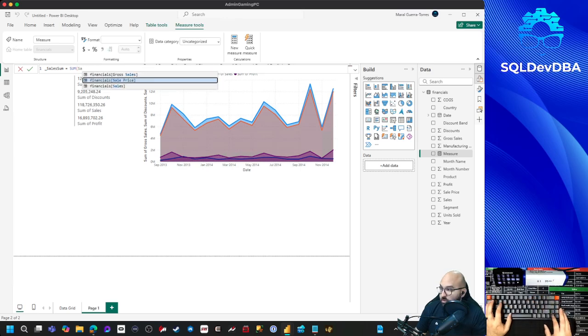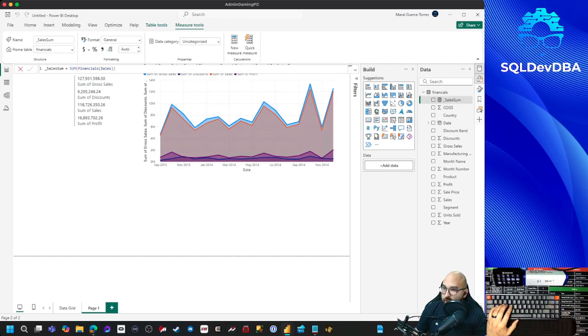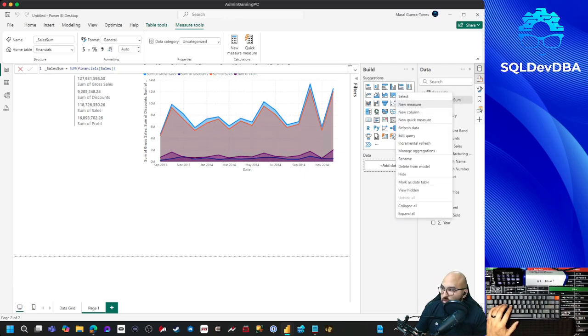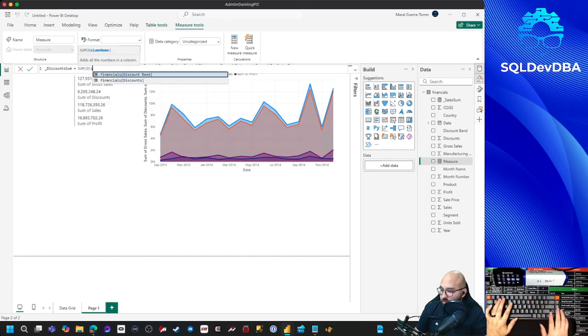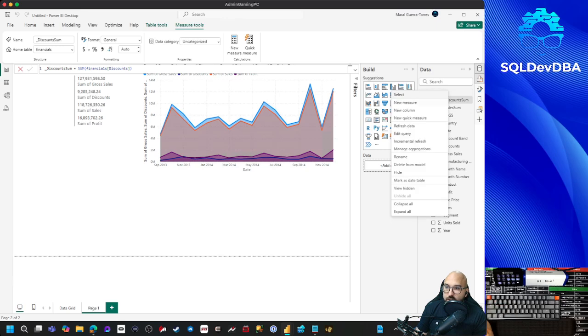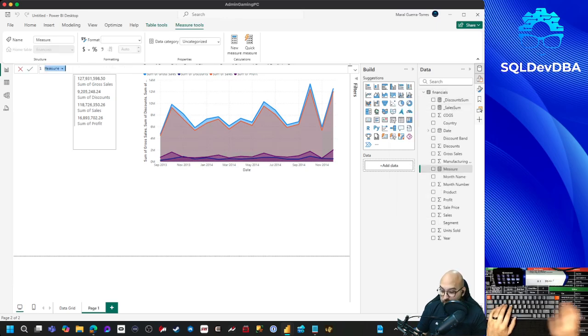And I'm just going to select the one I want and hit tab and close that. Next, I'll right click, new measure again, underscore discounts sum equals the sum of discounts. Pretty straightforward stuff. We're just going to do this together just so you can see exactly how long it takes,